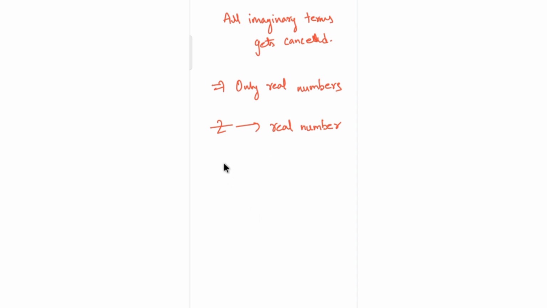So z will lie on the positive x-axis or negative x-axis, because a real number is what lies only on the positive or negative x-axis, that means the whole x-axis. So the argument of z would be equal to 0 or pi. If it's on the positive x-axis then it's 0, and if it's on the negative x-axis then it is pi. So this is how we classify this.